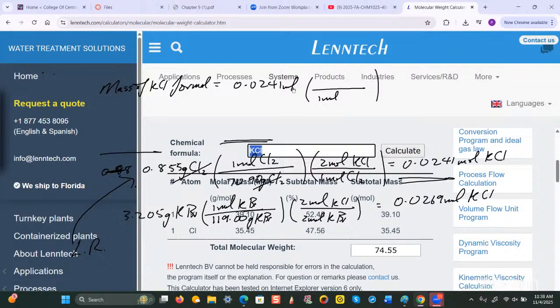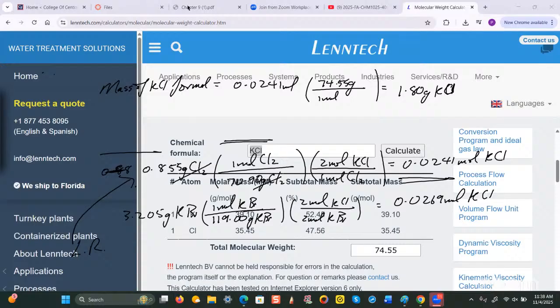And I got 74.55 grams. So I'm going to put 74.55 grams for the potassium chloride. And let's see what I get. 0.0241 times 74.55. So according to my calculation, rounded to 3 sig figs, that would be 1.80 grams of potassium chloride. All right. So that answers part of that question, because the question is asking for the mass of both